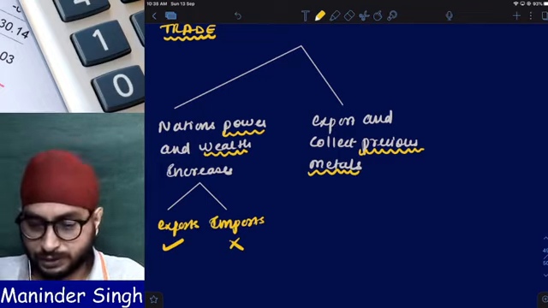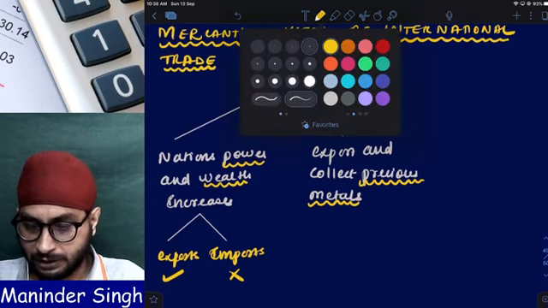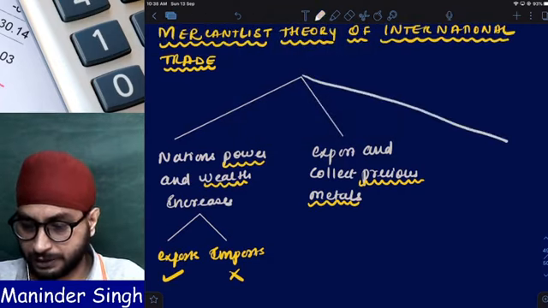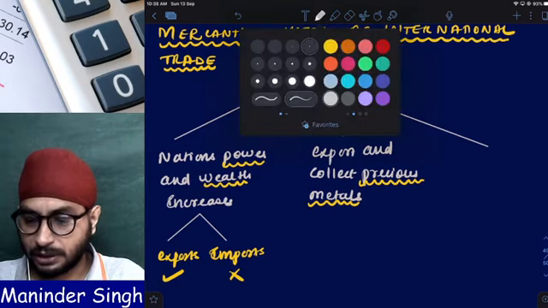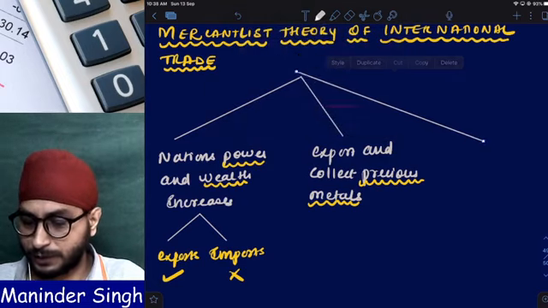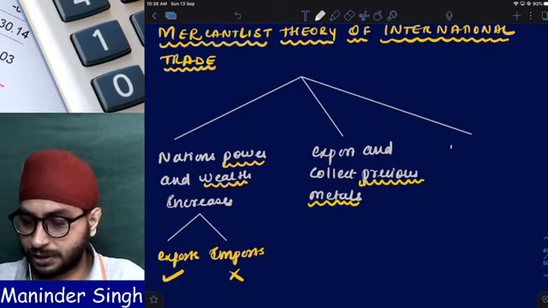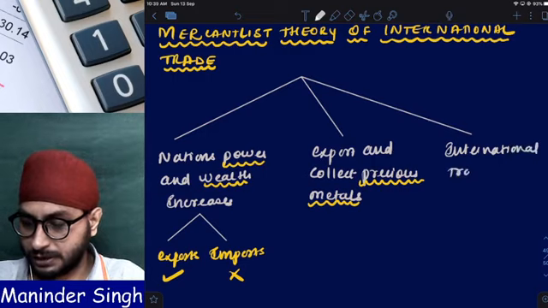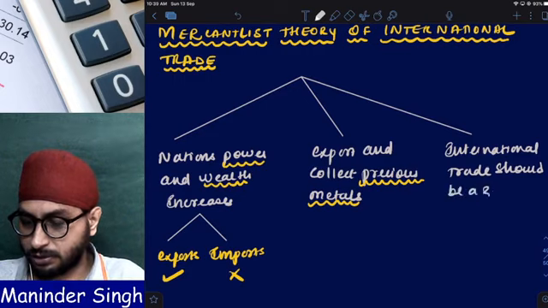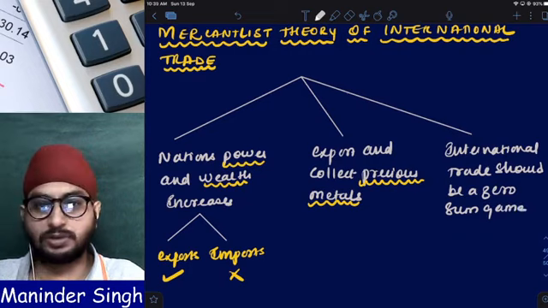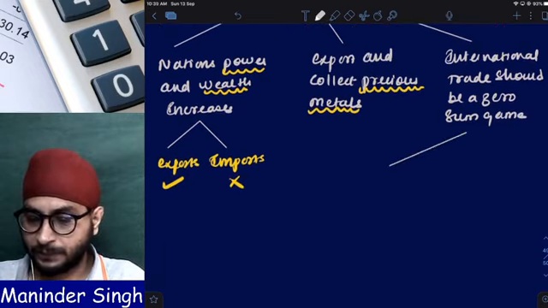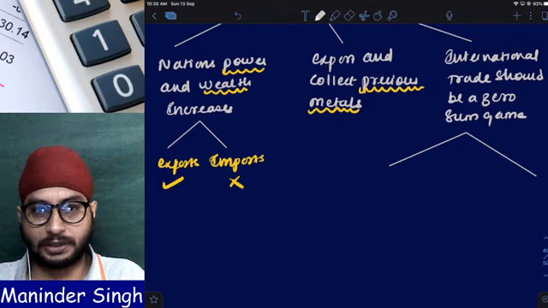That is why mercantilists clearly told us that international trade should be a zero-sum game. Zero-sum game means